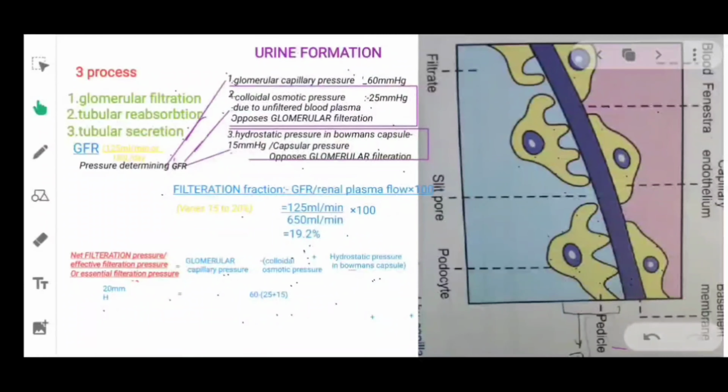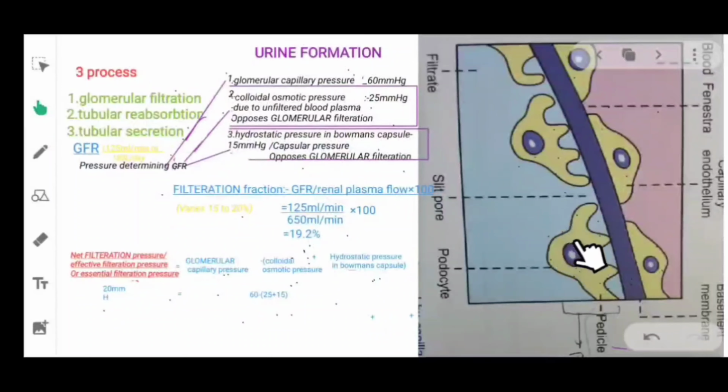Now, when blood gets filtered, it filters through the fenestrae, passes through the basement membrane and then the slit pores. This visceral layer is composed of a single layer of flattened cells resting on the basement membrane. Each cell is connected to the basement membrane by a cytoplasmic extension called a pedicle. These pedicles are arranged in an interdigitating manner,